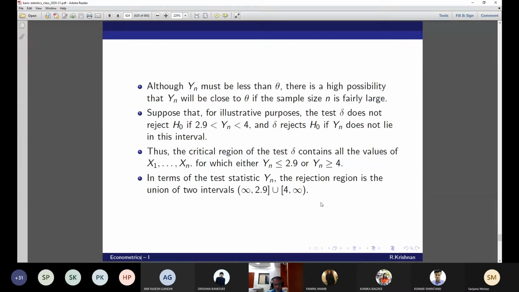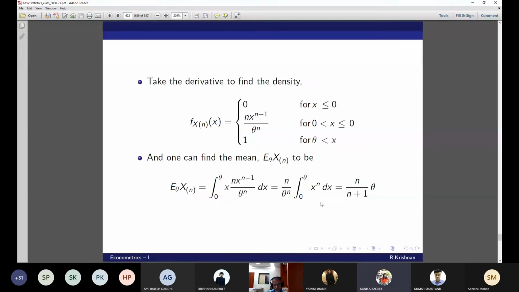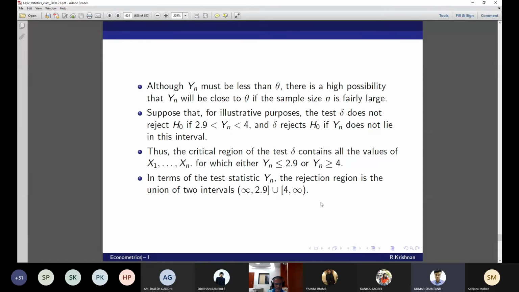I'm still not convinced why it should be. I couldn't understand why expectation, and if Shantanu can explain this, how is it related? I mean, on average, the yn will be less than theta because n by n plus 1 is always less than 1. So, Kumar, all your discussion is going towards bias. Yes, sir, but I think this is the explanation for that first point in the slide. So why should there always be over bias also?